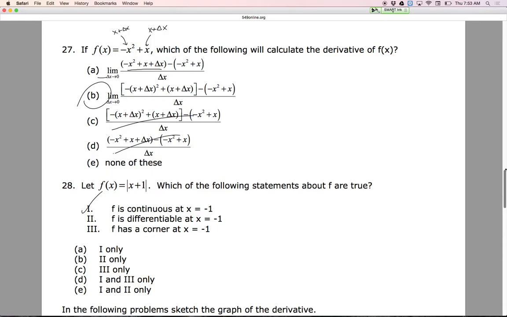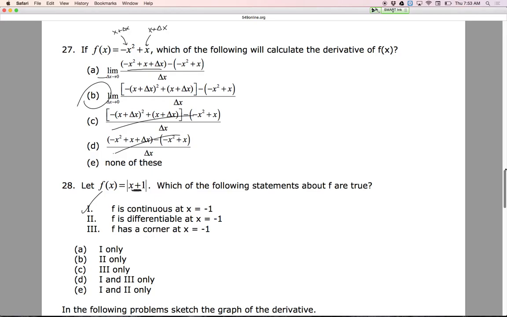So we're like, well, wait a second. At -1, there's a corner. That's not discontinuity. What is that? That's non-differentiability. So it is non-differentiable at -1. And how do I know it's at -1? You can always find the corner of an absolute value, or the cusp or the corner, when you set the inside